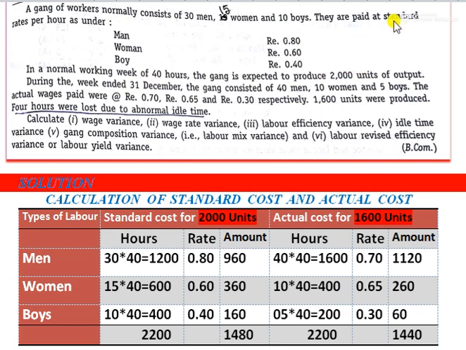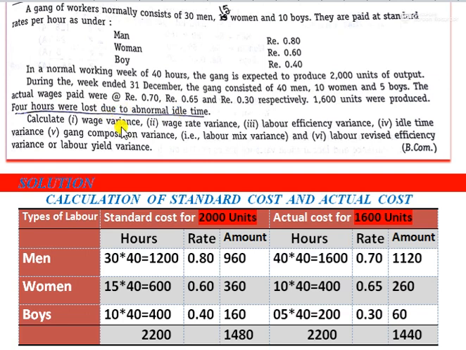Okay, this is related to standard. And during the week ended 31st December, the gang consists of 40 men, 10 women, 5 boys. Actually paid wages were 0.70, 0.65, 0.30 respectively. 1600 units were produced. These relate to actual. The standard they are given is for 2000 units. The actual is 1600 units. And one more important thing is 4 hours were lost due to abnormal idle time, and they asked to calculate